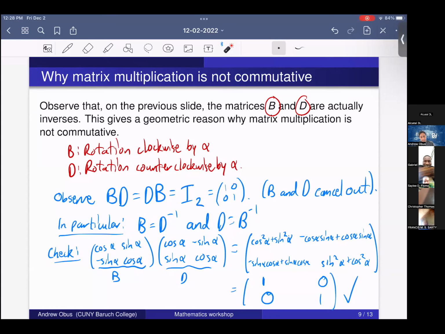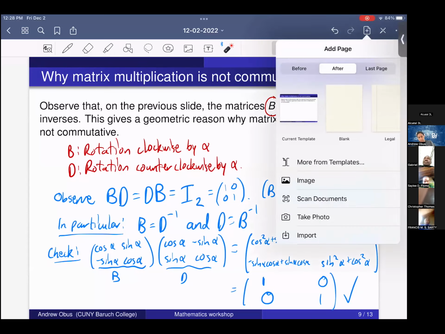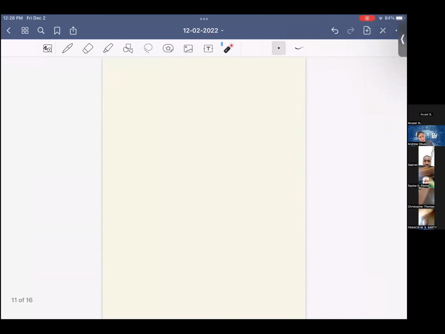And so what this tells us is, I'm going to add this on another page. So observe,